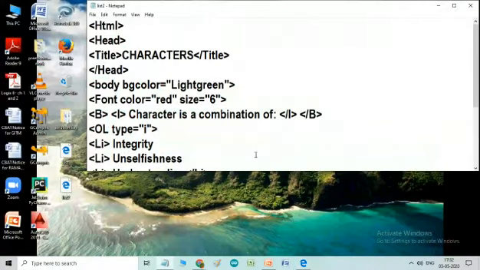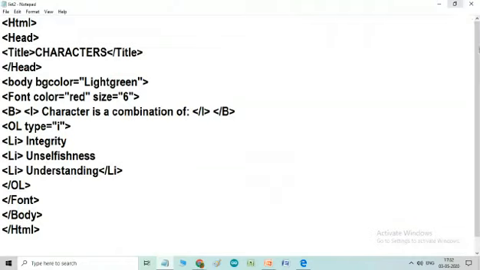Now children, we are going to see another attribute, that is start. I hope all of you understand how you can change the list numbering with the help of the type attribute. Now the other attribute which I am going to add is start. Where do we have to write the start? After type, then equal to, and give its value. Suppose I want to start my list from 3.